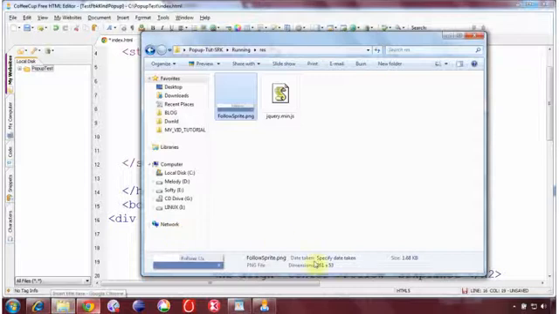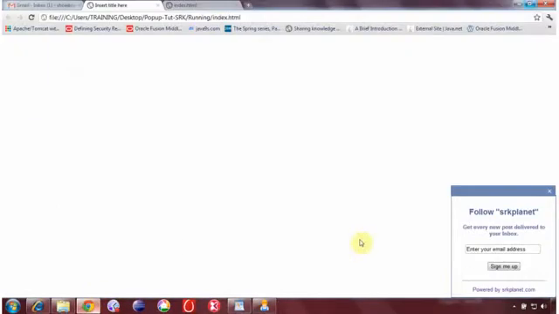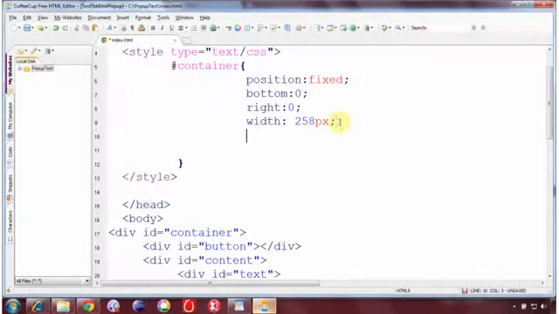Why is the width of this particular button 261 and why am I giving 258 pixel for our container? Because you can see over here, over the container we have some border also. So to accommodate one pixel from both sides, it is going to fit over here completely. You will understand as I proceed with the steps. So you see over here the width I have specified, and the border that I was talking about. I specify 1 pixel as the border, so the width of the container is 258 pixel, and over it we will have 1 pixel from left and right as the borders.